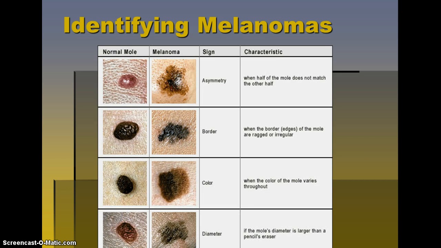Alright, so how do you identify melanomas? The things we want to look for, think A, B, C, D. First you're going to see if it is symmetrical. The first column would be normal skin lesions or skin eruptions, and the second column is melanoma examples. For melanoma or any type of skin disorder, we would be concerned if the shape of it is not symmetrical. If half of the mole, for example, does not match the other half, then we would be concerned about